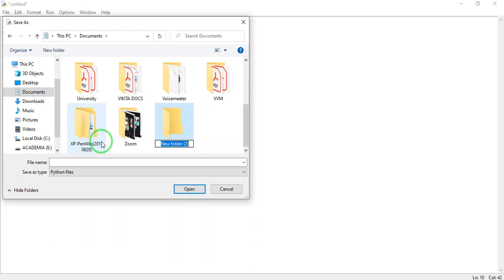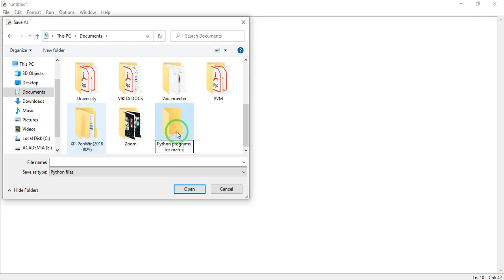Let us create a folder named Python programs for matrix, because we will deal with the matrix, how to add, subtract, multiply, all those matrix operations. We will create programs for that. So let us create this folder.